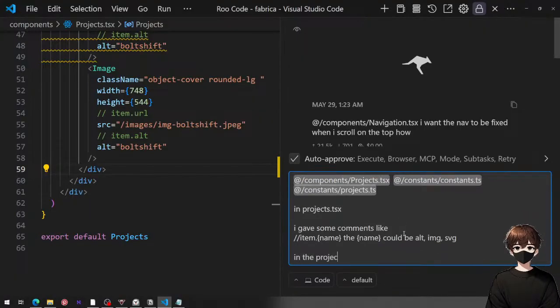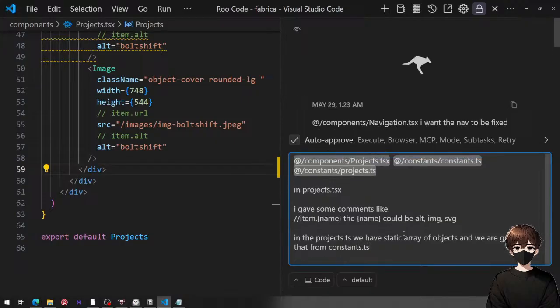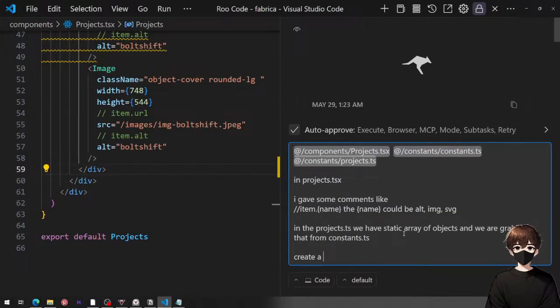This is what I want to say. In the project folder, in projects.ts, we have a static array of objects, and we are grabbing that from constant.tsx. Okay, create a map function for this and render this correctly